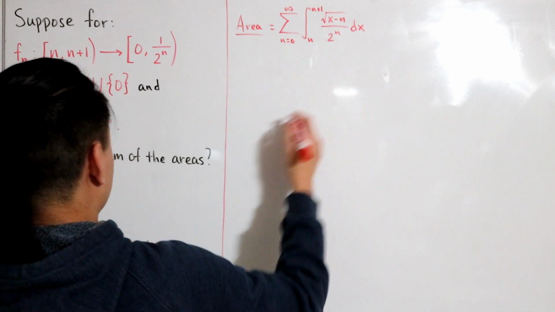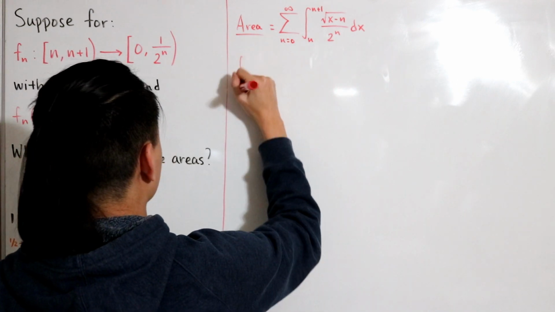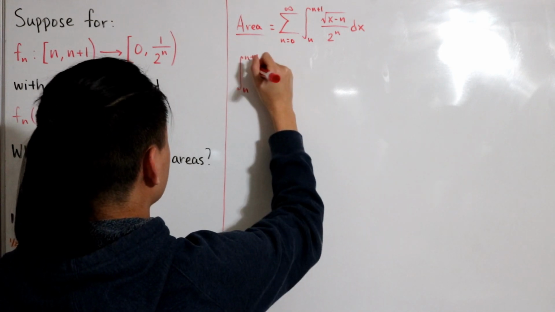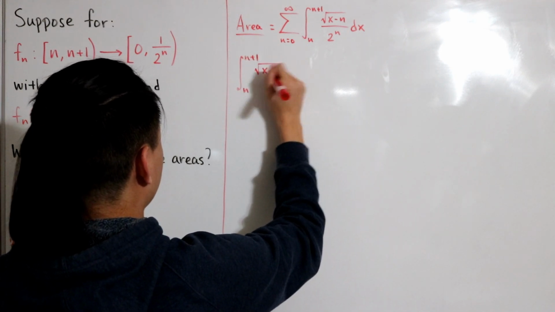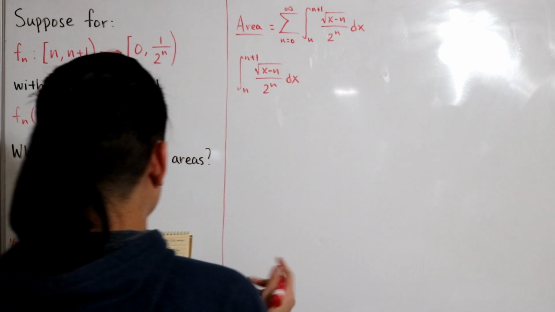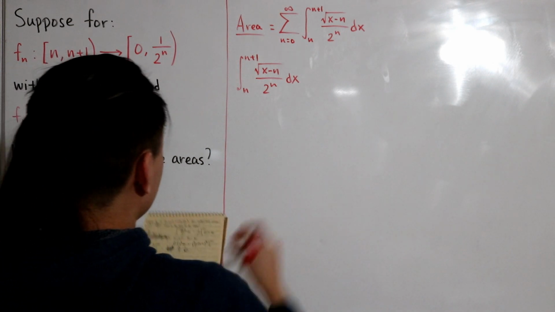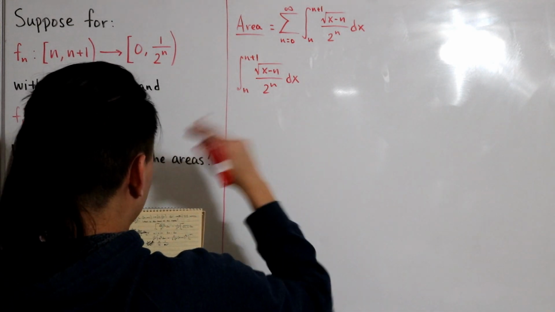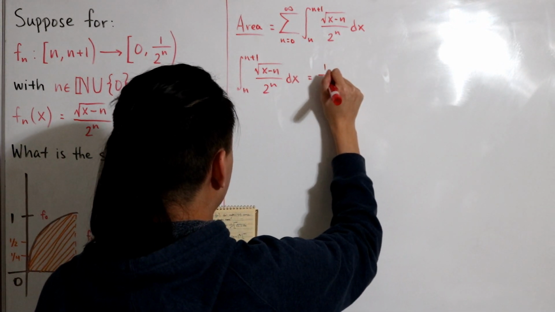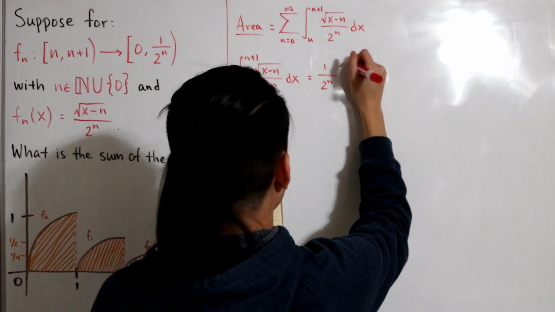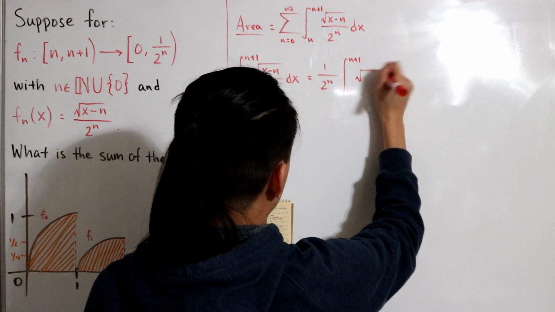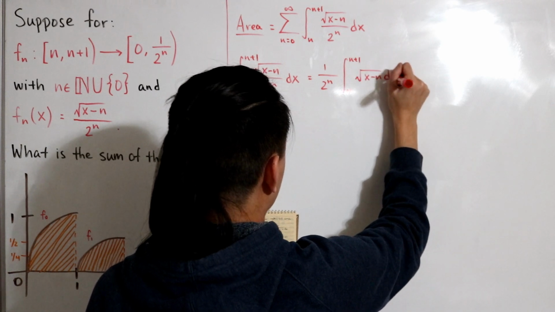Okay, so we're just going to focus on this iterated integral. I'll write this as the integral from n to n plus 1, so we're just writing the same thing again, of the square root of x minus n, divided by 2 to the power n, dx. We just take the definite integral, solve it, and evaluate from there. I'll just factor out 1 divided by 2 to the power n, since n does not depend on this integral. So now we have 1 over 2 to the n times the integral from n to n plus 1 of the square root of x minus n dx,